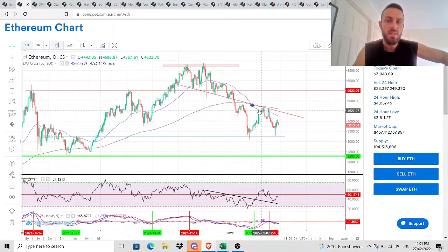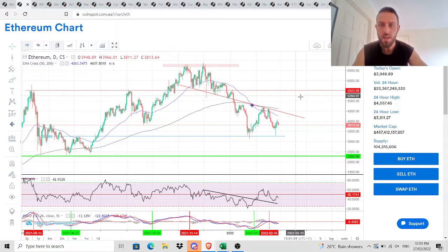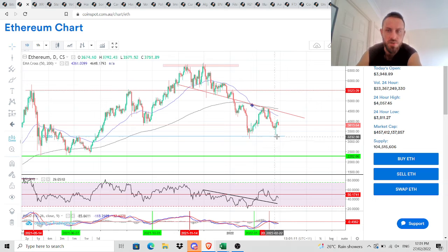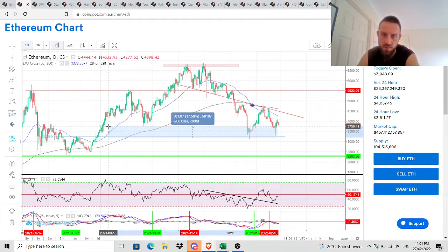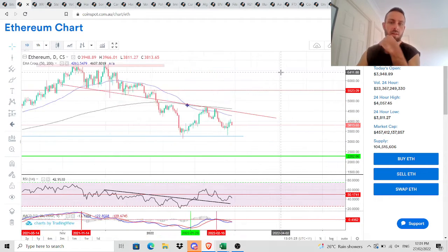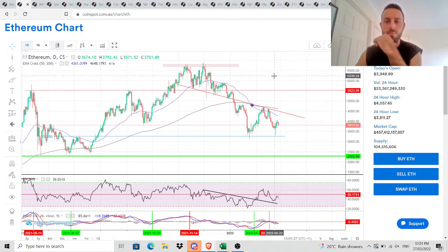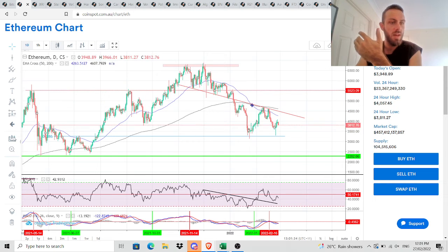We're still under the 50s and under the 200 EMA. I'm going to change this to the EMA just because it pays more attention to the most recent price action over the past 200 bars than an average. The EMA focuses more on this half of the 200, whereas the MA focuses on all of it equally. And I think with the recent news that's been going on, we're seeing a lot of volatility in the markets. I mean, this pump was a good 40%, and then we got the war scare and everything like that,